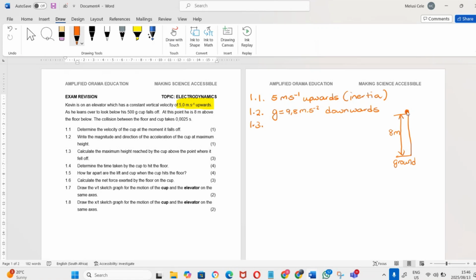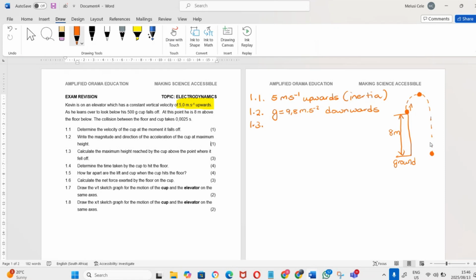But we know that it doesn't straight away go down because it had momentum. So it first goes up a bit, reaches that maximum height, the turning point, and then it starts going down, and then it would hit